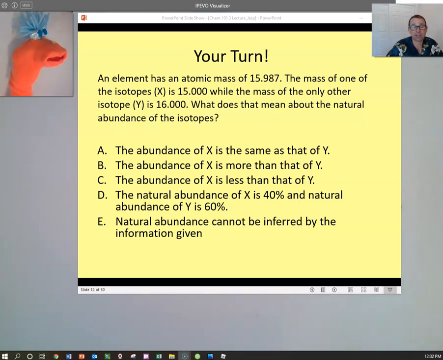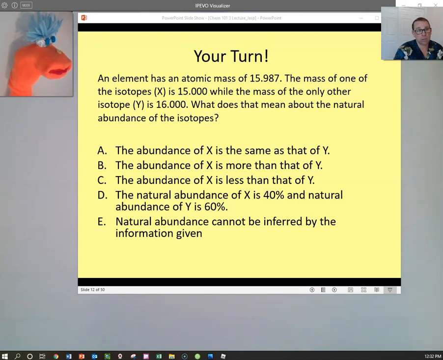Natural abundance, that's our fancy little phrase we use when we're talking about how much in nature of the atoms that exist are either of one isotope or the other. Okay, so there's 2 different isotopes. What are their masses? 15 and 16. That's right, 2 different isotopes, 15 and 16. And we know that the atomic mass is 15.987, and that's essentially saying the average mass of an element out